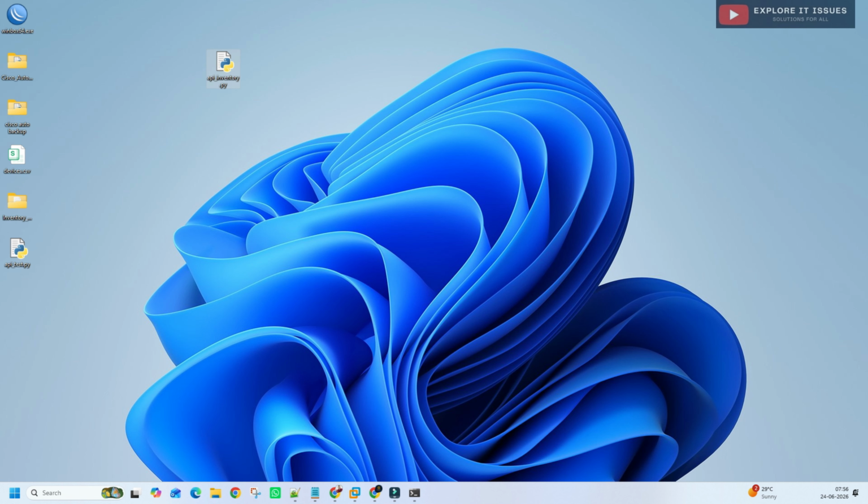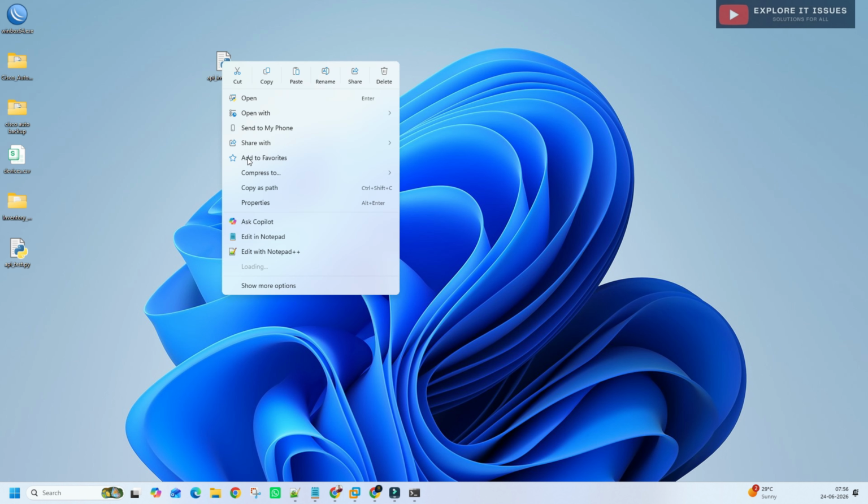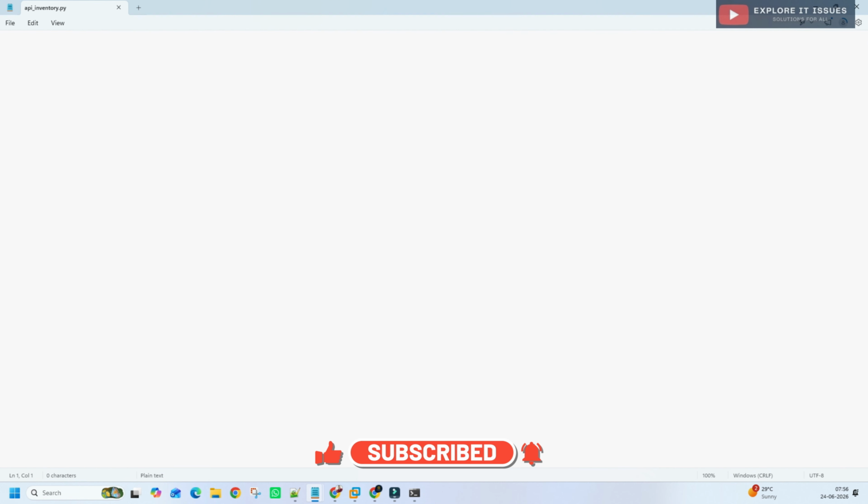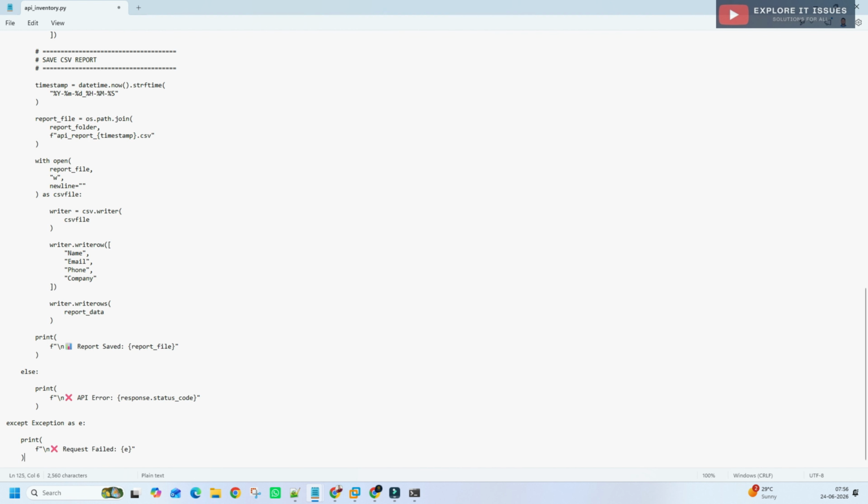Now the next step is the code we need to insert in this file. So I just open it in Notepad. I have already created the code. I will put it in the description so you can easily add it and run the script.